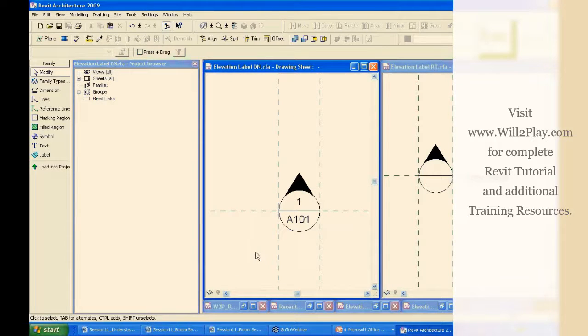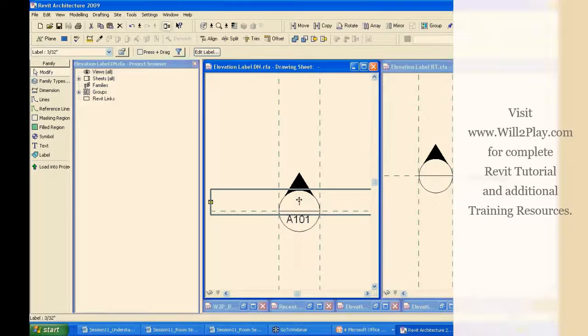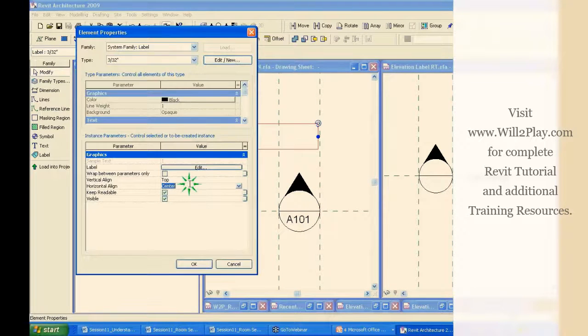Hey, Will? Mm-hmm. Did we just see a property of labels that they naturally want to center on each other? Ah, good point. So long as this justification, whatever this justification is, it will try to line up that with the justification of the other